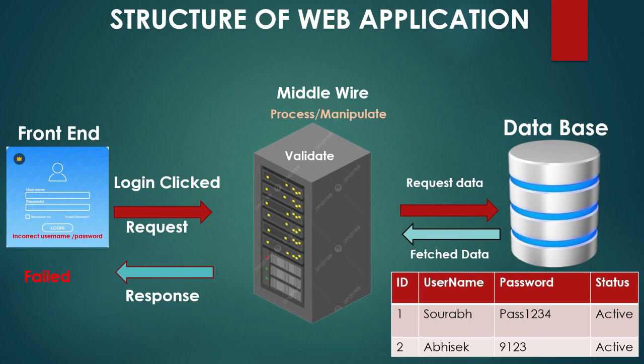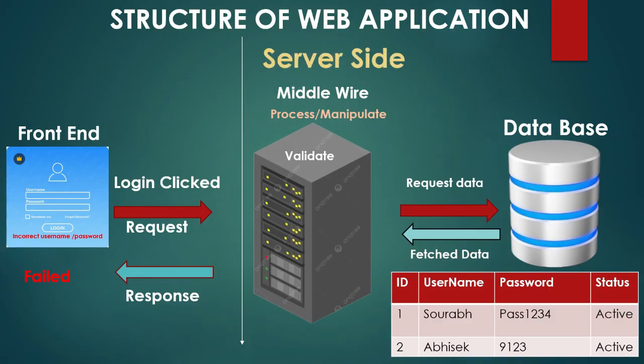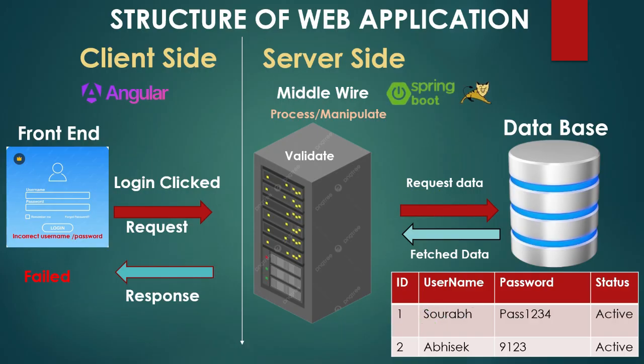Then the front end will display this message on the front page, and the user knows something is incorrect with the user ID or password. So this is the whole flow of a web application: front end, middleware and database. Whatever technology is present in the middleware we can call the server side, and whatever is present in the front end we can call the client side. And in this tutorial we are going to develop the client side with Angular and the server side with Spring Boot,